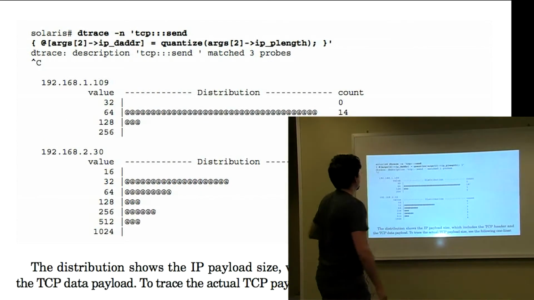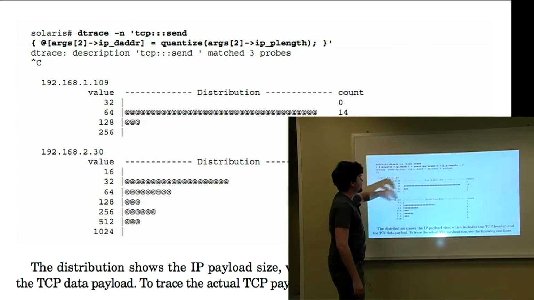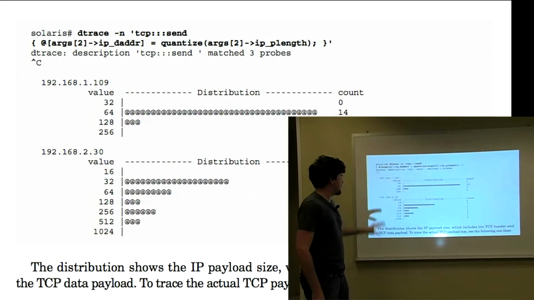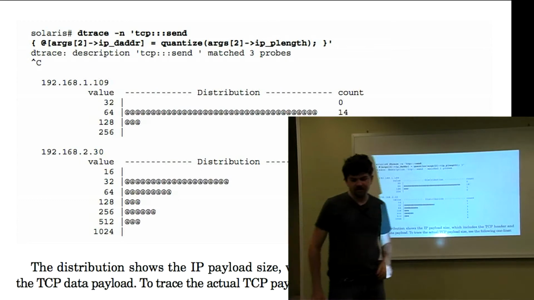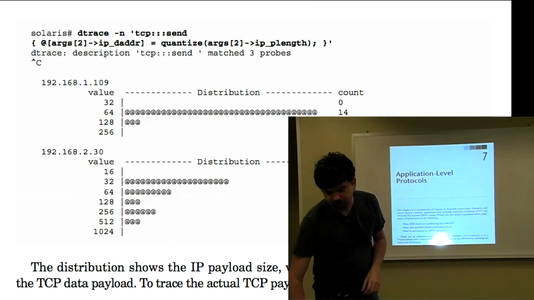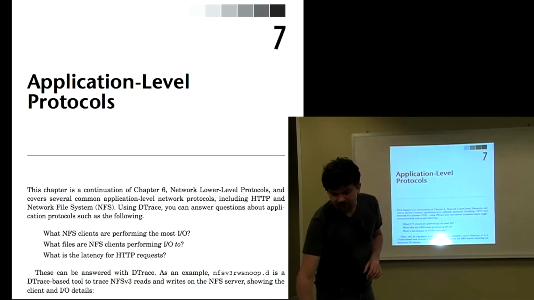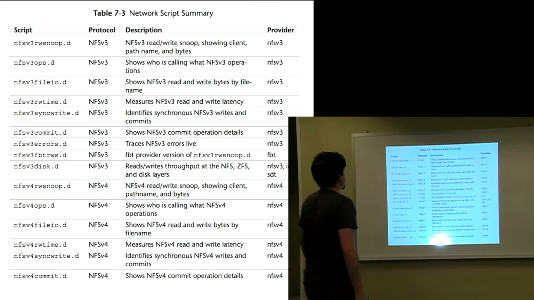This one was TCP send, so it's actually doing the send packets and doing distribution plots of the size of the packet. I've actually used this a fair bit to figure out which clients are doing jumbo frames and which are not. Chapter 7, it's also good news for Chapter 7, the Solaris 11 release,